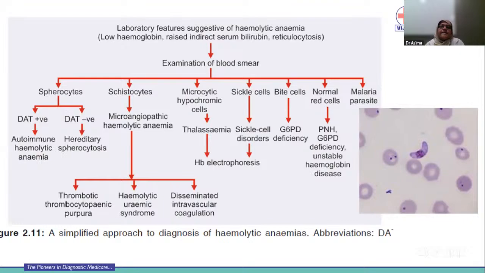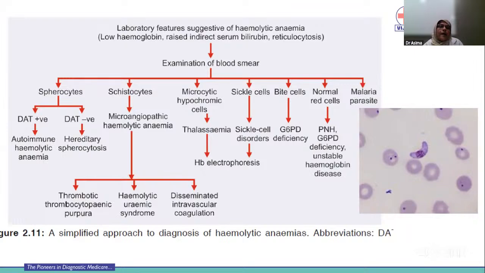Going into the laboratory features which suggest a hemolytic picture, that is based on the peripheral smear. We can identify many different cells on the blood smear indicating different etiologies. For example, if we find spherocytes, then we go in for the DAT test, that is the direct antiglobulin Coombs test. If it is positive, then we can think of autoimmune hemolytic anemia. If it is negative, then it can be hereditary spherocytosis. In this, obviously, we go in for tests like OFT,